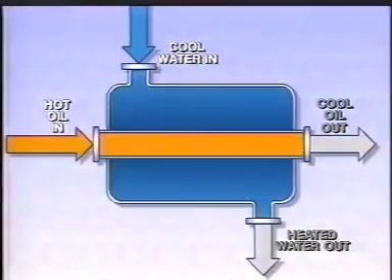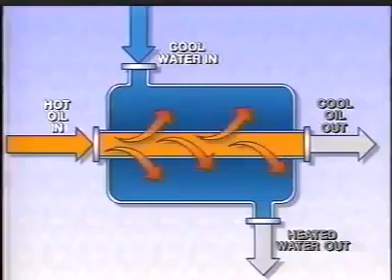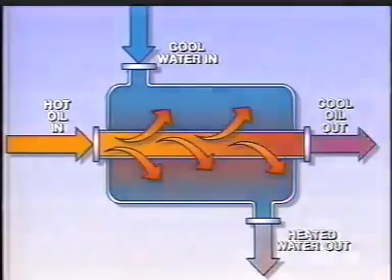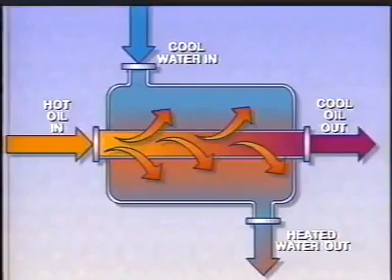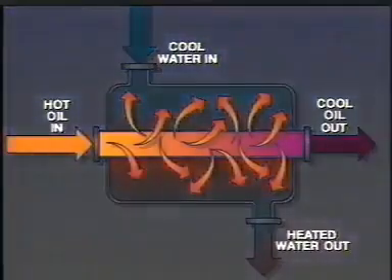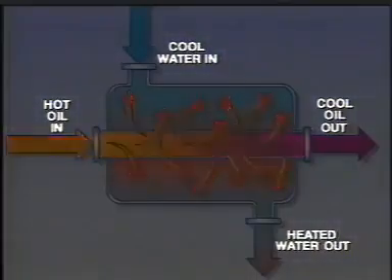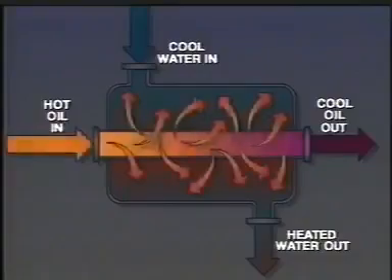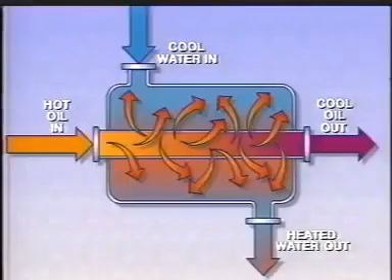Because of the difference in temperatures, the heat from hot oil inside the tube is conducted through the tube wall to the cooler liquid in the shell. The hot oil becomes cooler, while the cool water absorbs heat. In this heat exchanger, the fluids are being pumped through the vessel. This causes turbulence, a disturbance in flow. Turbulence results in a faster, more efficient flow of energy.